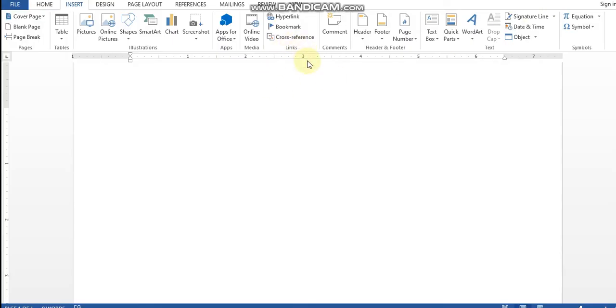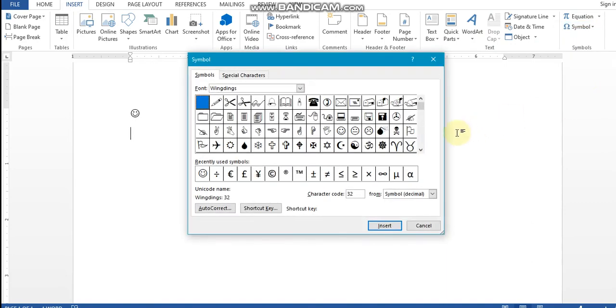I can show you this: by clicking on the insert tab, here is the symbol button. As you see, here are some of the symbols available, like the smiley. It has come because the smiley is not on your keyboard. If I want some other symbols, then click on more symbols here. As you can see, hand, choose and insert.